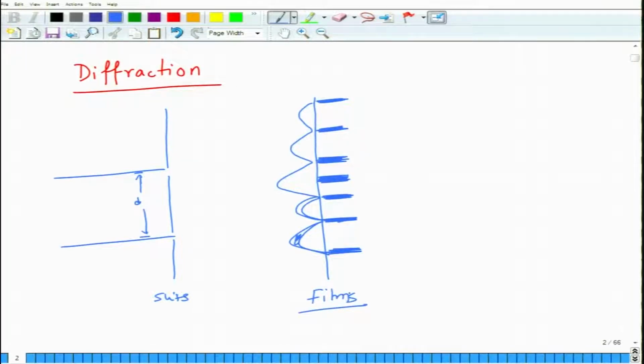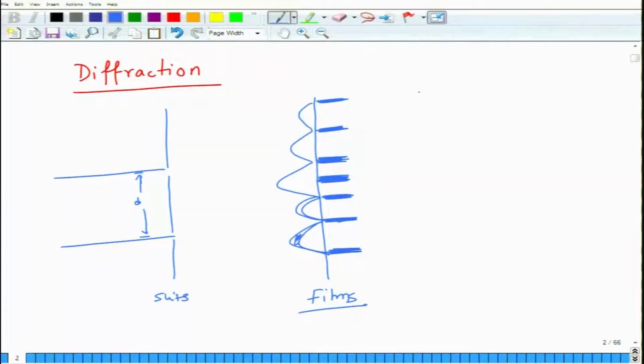The light hit the film, and wherever it had maxima and minima, correspondingly you had bright and dark fringes depending upon the exposure of light. So this was started by Thomas Young, who is famous for his two slit experiment,